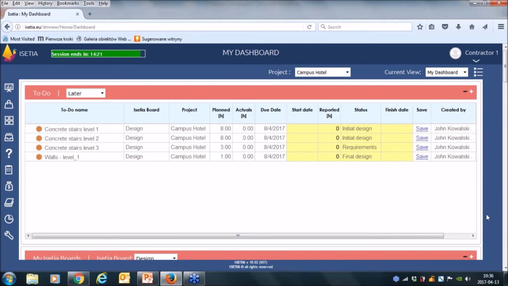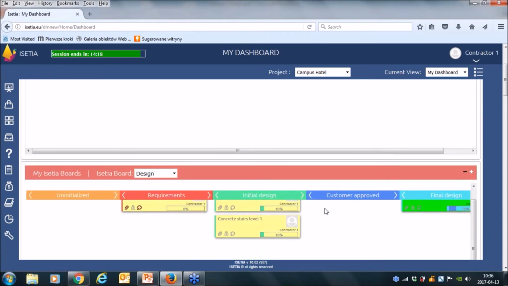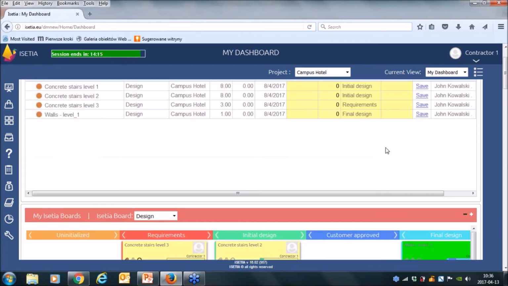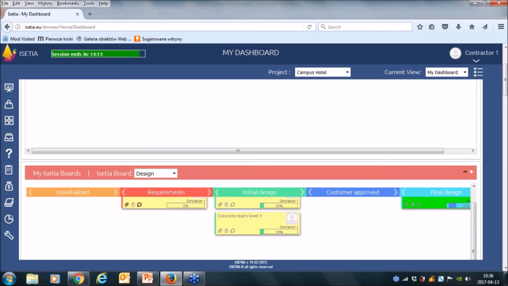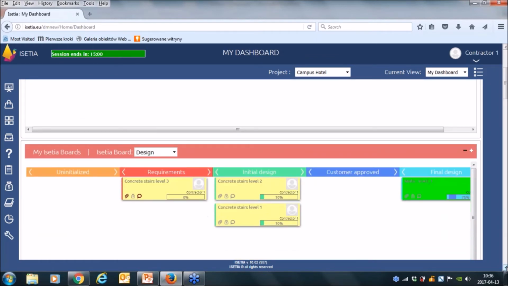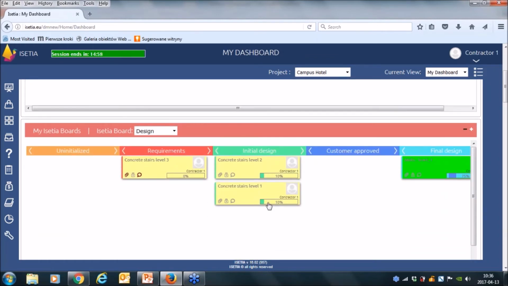But on the other hand, I can also see this information on my personal ISETIA board. So I can see only these tasks which are related to me, assigned to me as a contractor.